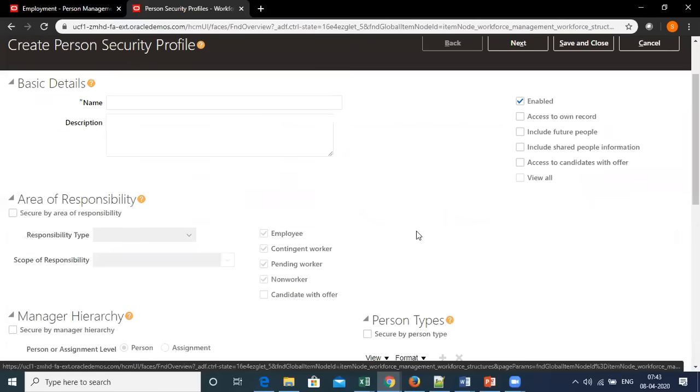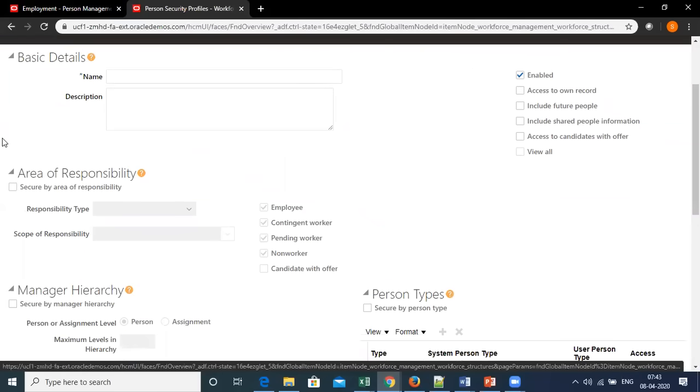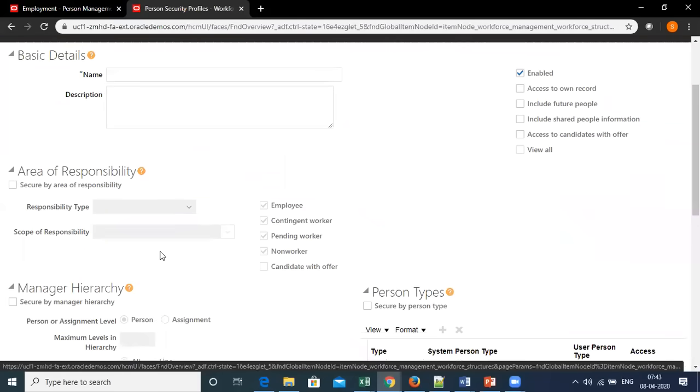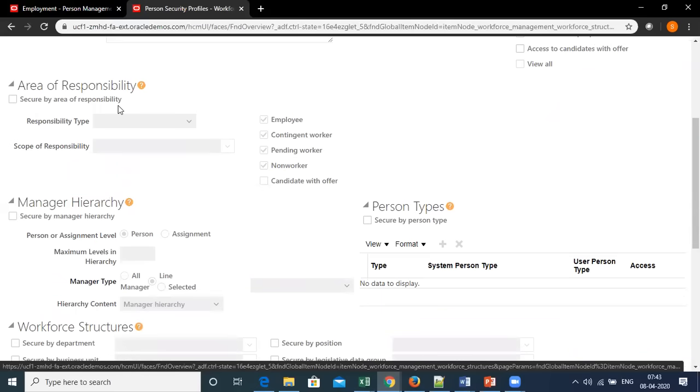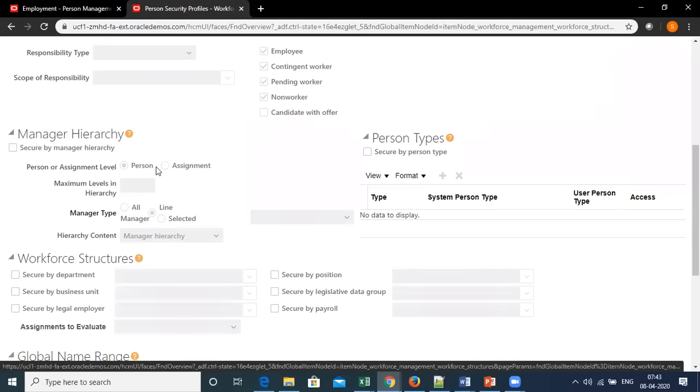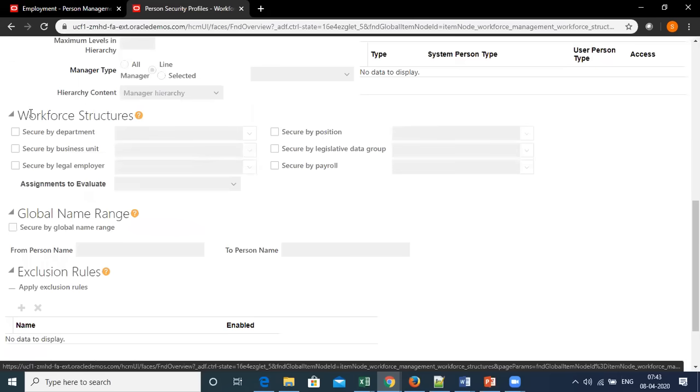By default, you can see you can apply restrictions using various options available. You can secure the data by area of responsibility, by manager hierarchy, by person types, or by department, business unit, or legal employer.